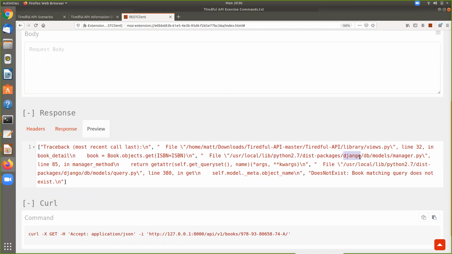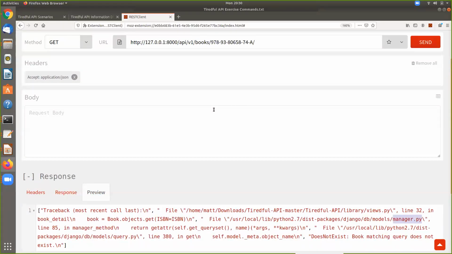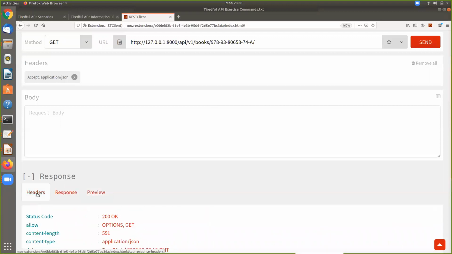We also know some other things. So we know in the path that it's running Django, the database, and we start getting, again, some more of the particular files, which could be helpful if we're trying to leverage things or if we wanted to research potential attacks there. So this is information disclosure. This is the kind of stuff that you wouldn't want getting out, and really a way to define that kind of information. So that's the first exercise.